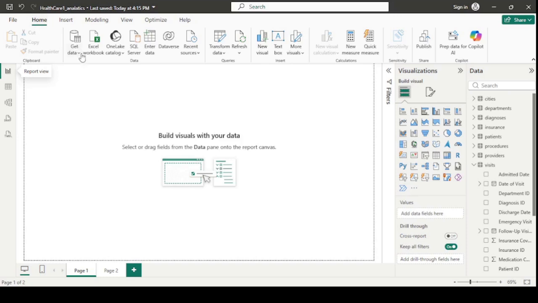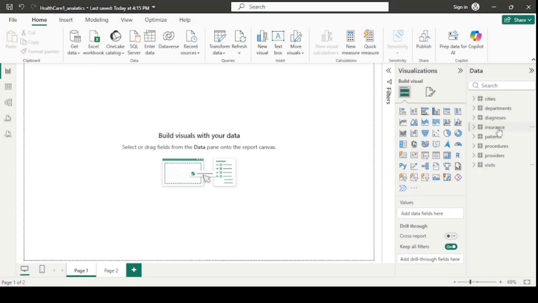Home, we'll say Get Data, and here we'll say Text/CSV, and we will browse and choose one by one all the files, 1 2 3 4 5 6 7 files, and we will click on Open and import like this. Open, Next, and then Load. So it will be added to the database over here. Since I have already added these all,